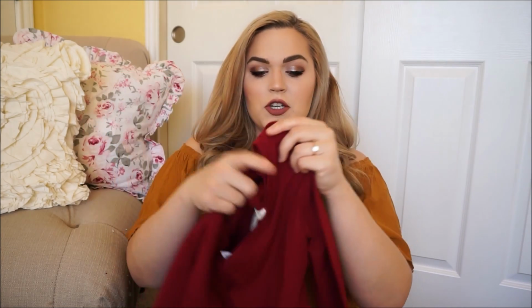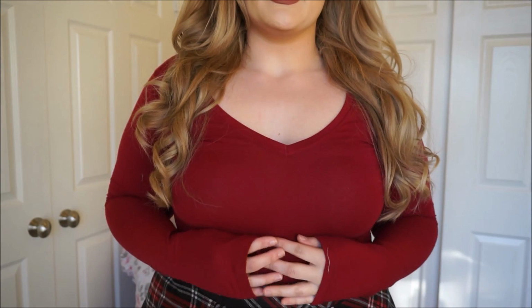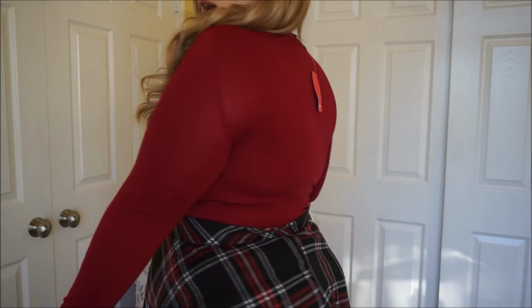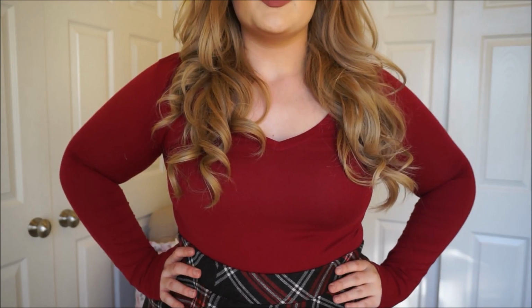I feel like the Forever 21 ones are a lot more reliable and you can find them a lot easier. So again, this one is in the shade wine, and it's just a very basic plain tee. Pretty straightforward basic t-shirt. These are nice and stretchy, and I feel like they just smooth everything over. I kind of have the hint of my bra, but for the most part, it's pretty well line free. These are so comfortable and really nice and stretchy. For me, there's definitely still a good bit of room and stretch if I wanted to stretch this out at all if I needed to. So yeah,